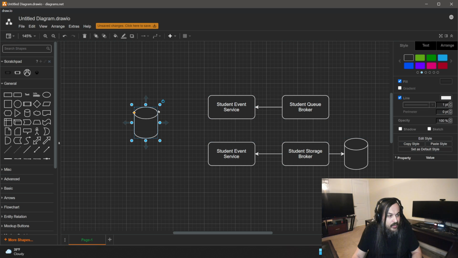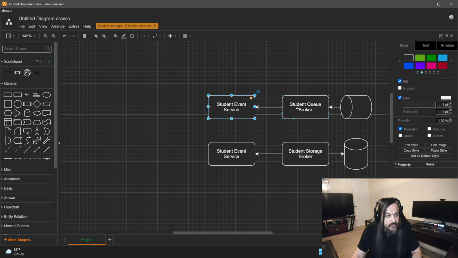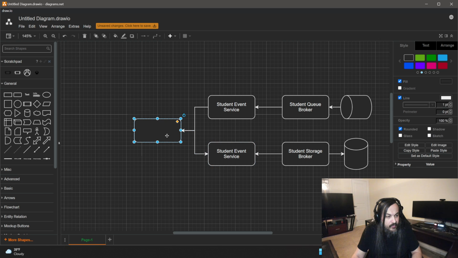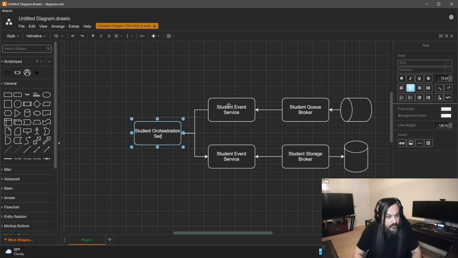So it's listening to a queue just like we talked about before in the cul-de-sac pattern, the advanced topic in the cul-de-sac. It takes the queue from Azure Service Bus, and it processes it. And then there is a student orchestration service sitting in here that receives this message and then persists it right there. So that's your student orchestration service.